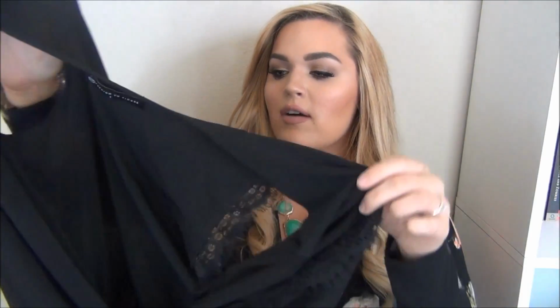This first one is like a fluttery, lacy, black perfection. I love this so much. I don't even know how to explain it. It has a wrap top up top, and I may have to wear a bandeau or pin it just because, again, not a huge bust. Sometimes those wrap tops don't work out, but it's really simple, and then it goes into just super casual